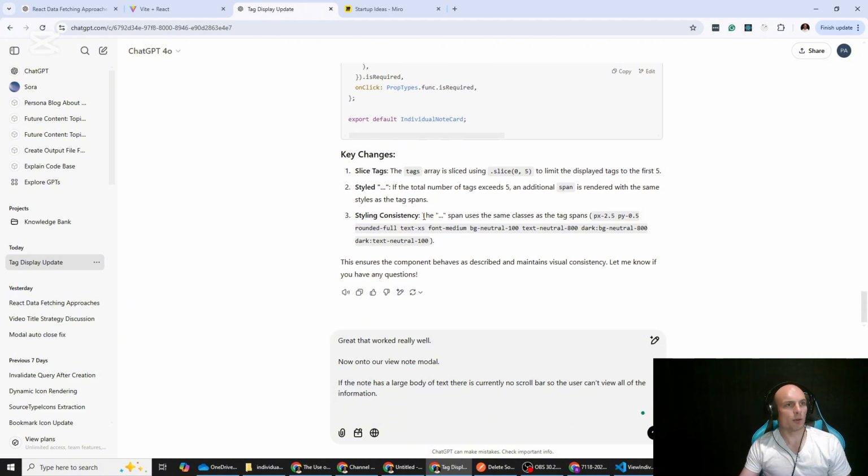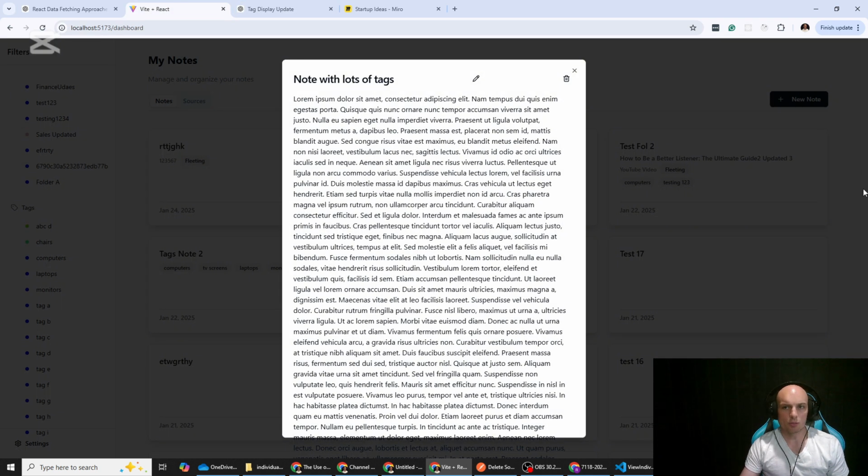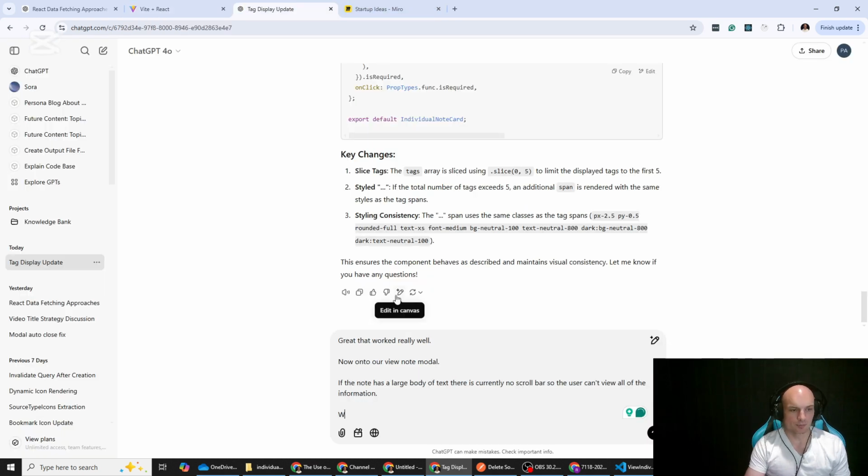Sometimes with scroll bars, it can be a little bit funky, at least from my experience with modals. So sometimes they try and put a scroll bar over here, but we want it on the modal itself. So I'm just going to give it that specificity. We want the scroll bar